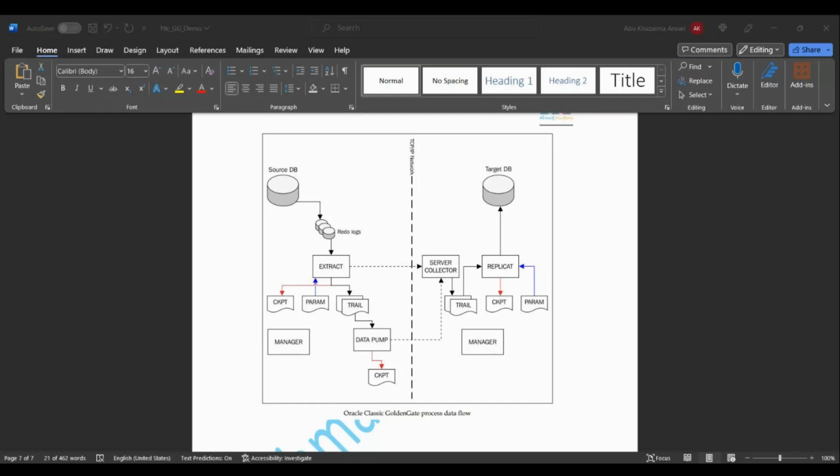So this architecture provides the processes and files required to effectively transfer transactional data across a variety of topologies. These processes and files form the main components of the classic architecture, which was the main product installation method until Oracle GoldenGate 12.3.0.1. Okay, and GoldenGate microservices architecture is actually what enables REST services as a part of Oracle GoldenGate